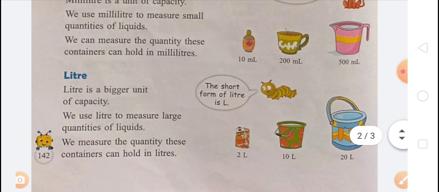Liter is a bigger unit of capacity. We use liter to measure large quantities of liquid. That means any container, any bucket, any bottle that can hold 2 liter or more than 5 liter, okay, that can hold more than 1 liter, holds liquid in liter. So liter is a bigger unit of capacity, and we use liter to measure large quantity of liquid,